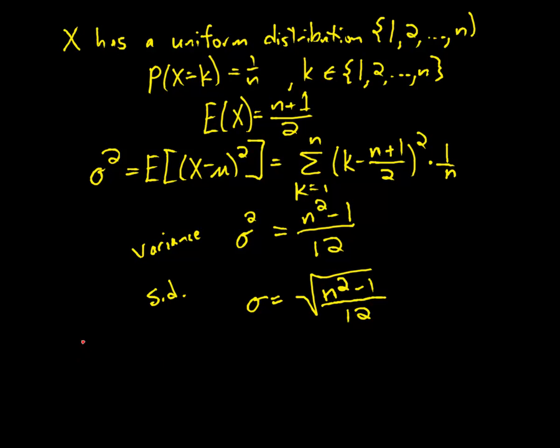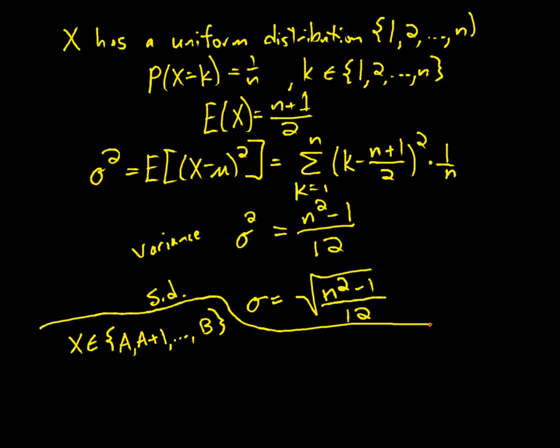Okay, now in the video in which I computed this expectation for a uniform distribution, I also considered the situation in which x is a random variable between two numbers whose difference is an integer. Let me draw a line to show that I'm really dealing with a different situation here. Okay, well in this case, when we're talking about a measure of variation like variance or standard deviation, it doesn't really matter what this first value is. It just matters how spread out they are. Okay, so we might as well put this first value as 1, and the only value that matters is n,